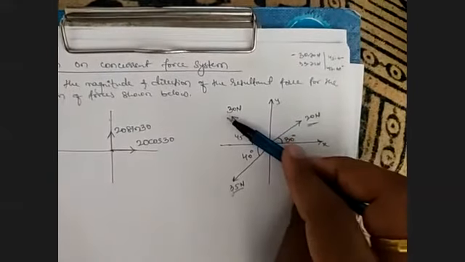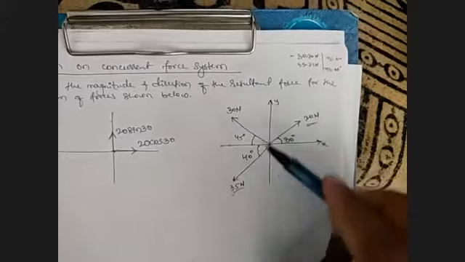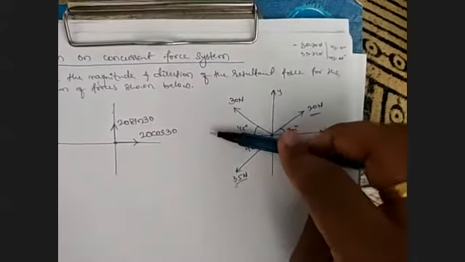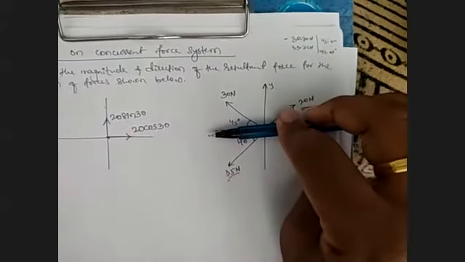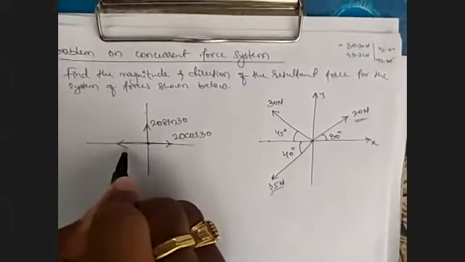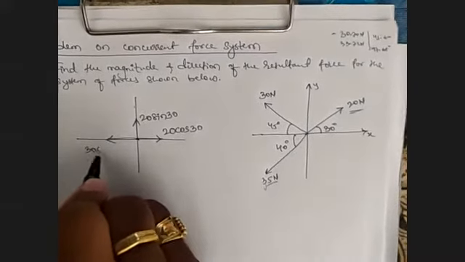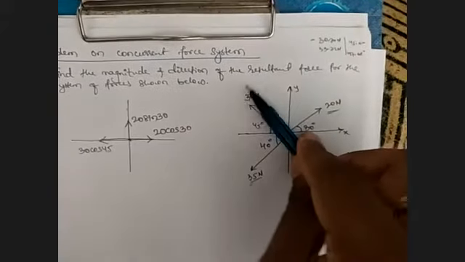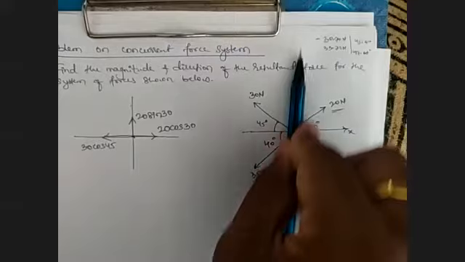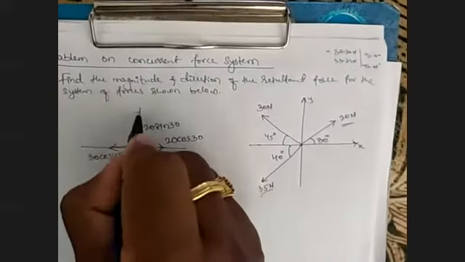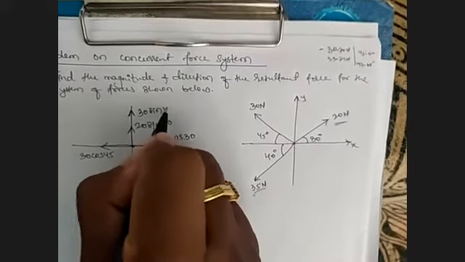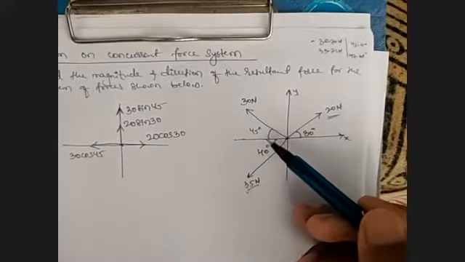Now coming to the second quadrant, I have a force of 30 Newton, which is making an angle 45 degree with respect to x. Now bring this force to x first, because the angle is measured with respect to x, so the x component is cos. When I bring this force to x, it is acting towards the left. Show the arrow mark towards left and first write force 30 multiplied by cos of 45. Now when I bring this force along y, it is acting upward. The y component lies here, so it is 30 multiplied by sine of 45. Always look at the angle first, from which